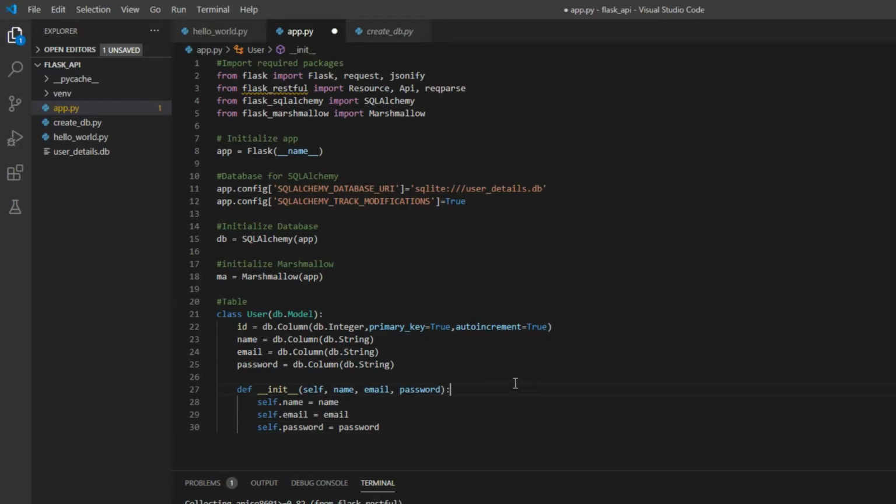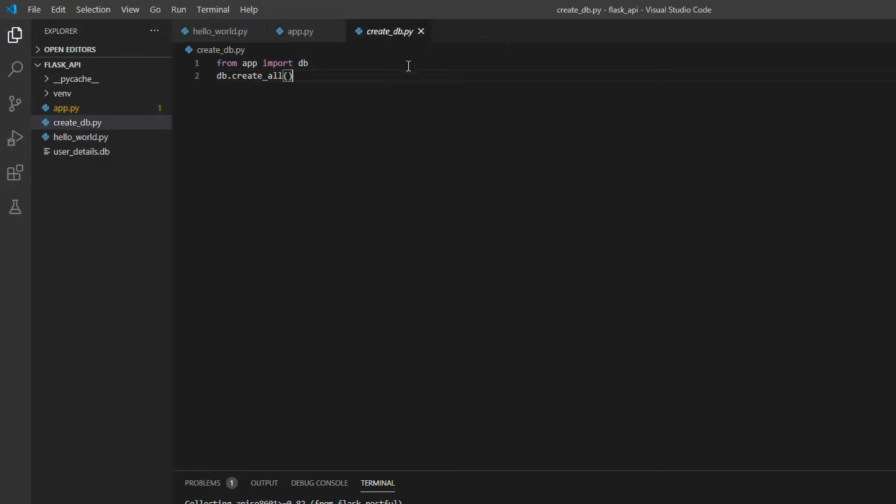We will save the code here, and now we go to another file, create_db.py. We have created our model, but we have not created the database. For that, I am going to use another file. I wrote this file for the last program also, so I am not rewriting it.